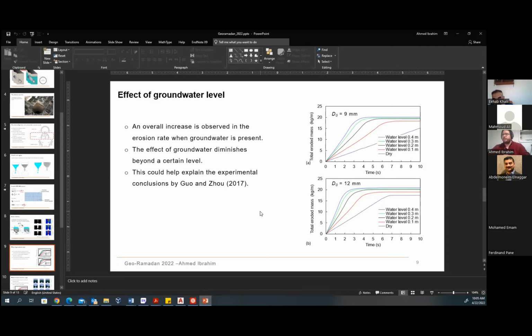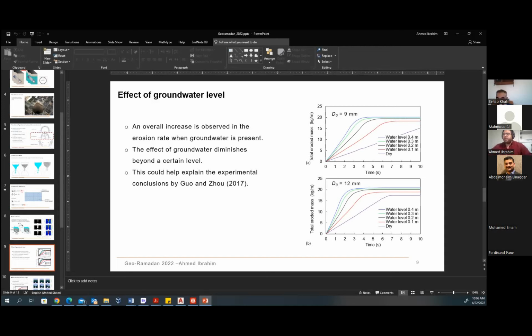What we notice, which is rather expected, is that in all cases, when groundwater is involved, we have more sand erosion than in the dry case, which was not actually a self-evident question. But what is really interesting here is that when we increase the waterhead above the sand, we have a converging effect, as if the effect of groundwater is diminishing. For instance, 0.3 and 0.4 are almost identical. 0.5 is almost identical to 0.4,